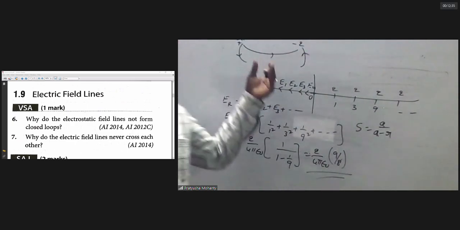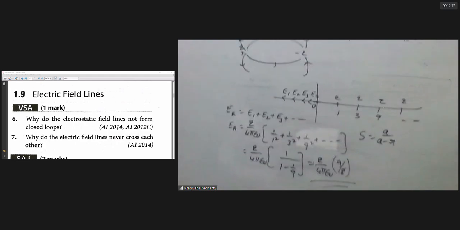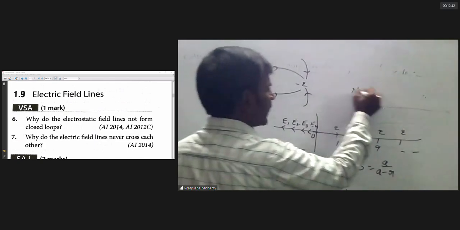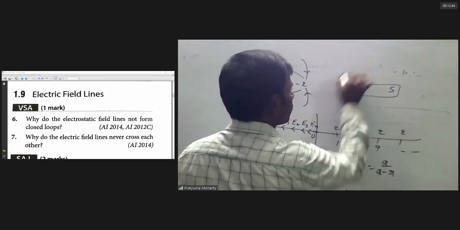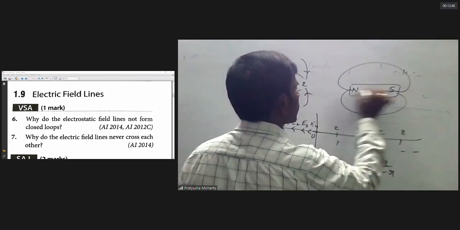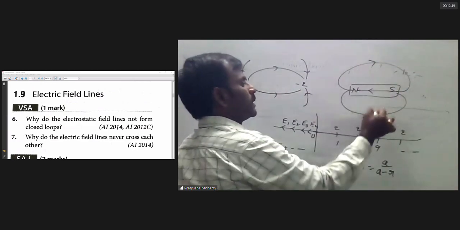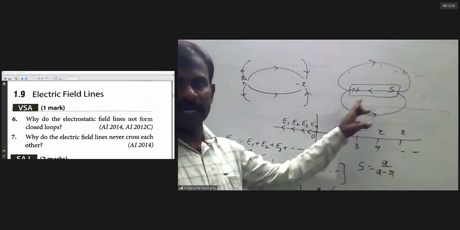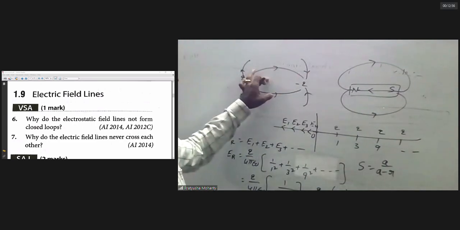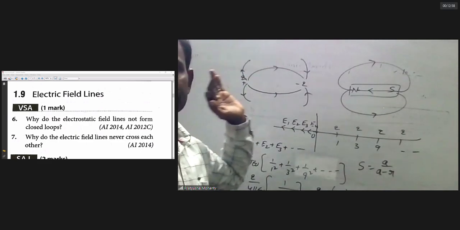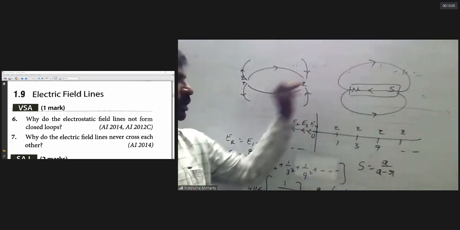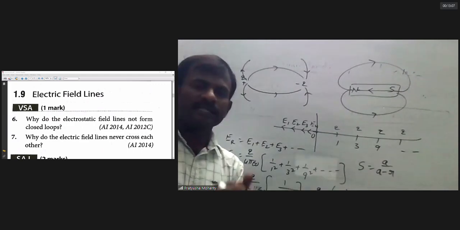They are open loops, but not magnetic. North to south outside, south to north inside. Magnetic lines, but electric lines only from positive to negative. Very good. And another one: in both cases, electric and magnetic lines, the two lines never intersect with each other because of